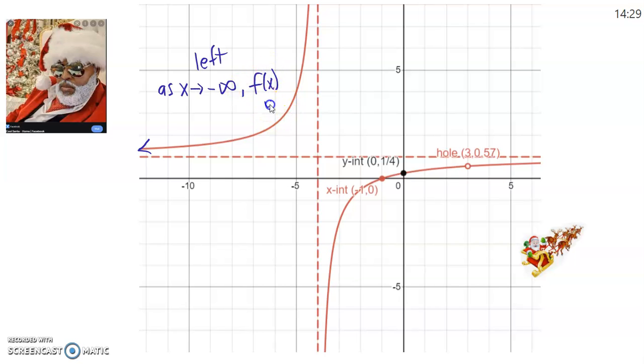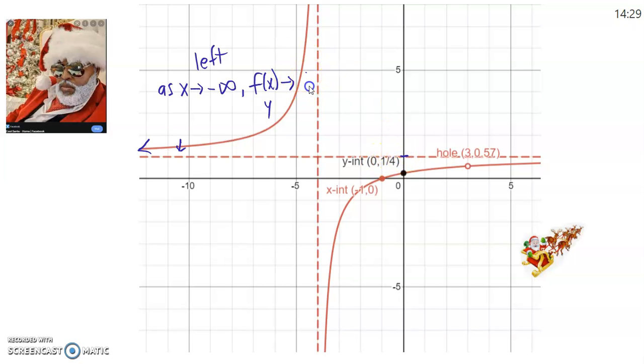You can have f of x there, you can have y there. Remember what was happening with the y values as we were coming out to the left? They were coming down and getting close to, but not including, this particular y value